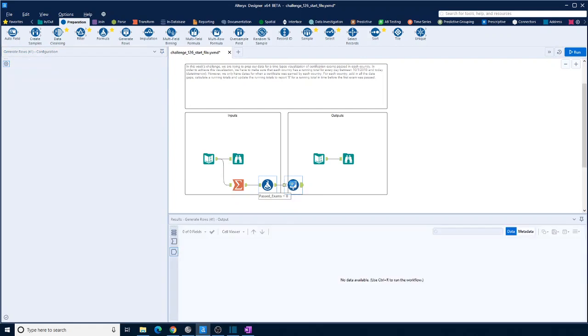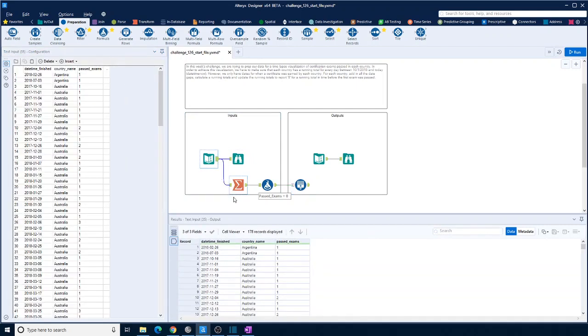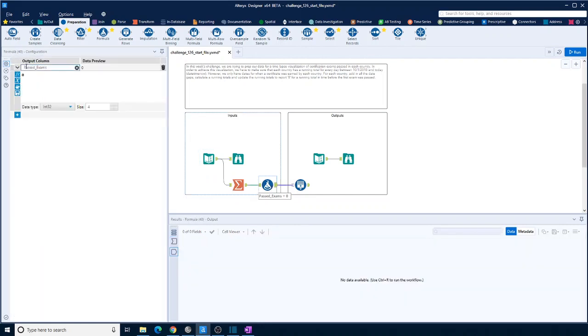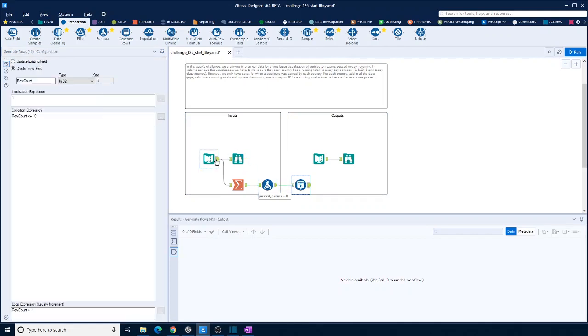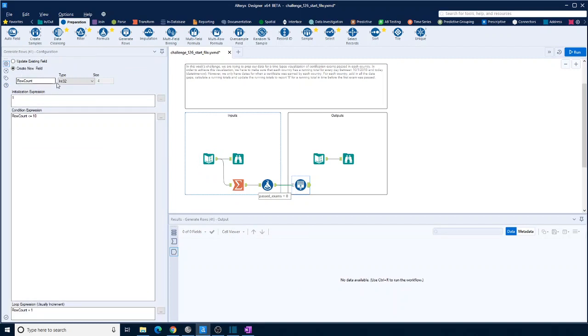Okay, and we want a new field, which is the date. So what is it called in here? It is called DateTime_Finished. Okay, that has an uppercase in it, so let's just switch that around as well. So we want to create a new field. We're going to call it DateTime_Finished. We'll make it a date, and the expression we want to start with is